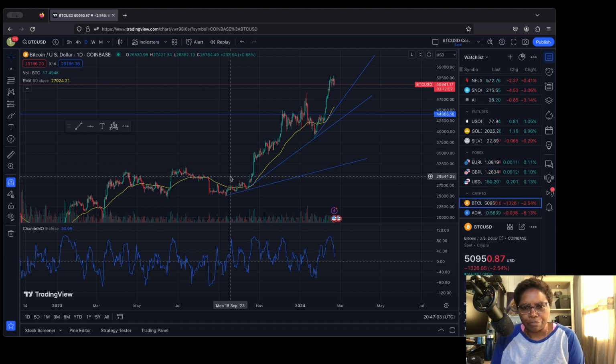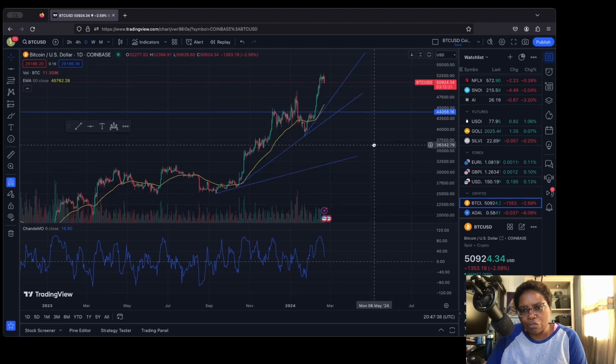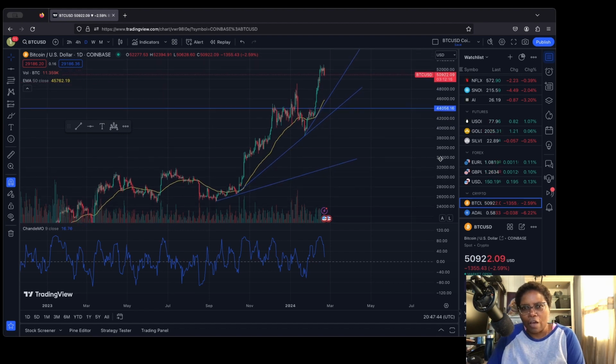I'm more of a swing trader, which means that I trade over longer periods of time. I might put in my limit order, and it might happen over days and weeks,